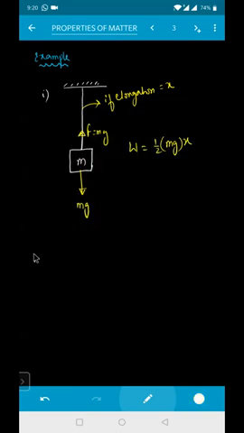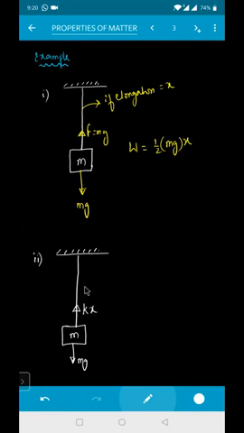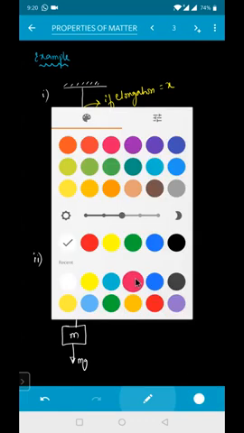Next one. Let's say, for example, this is your ceiling and this is your wire, and here there is a block attached, and the weight of this one is M. The weight is mg in the downward direction. If I assume this wire to be a spring, then the spring constant will be found from F is equal to K into X. This is made up of a wire of Young's modulus Y, area of cross section A, and length L. So find the elongation in the wire and the potential energy.